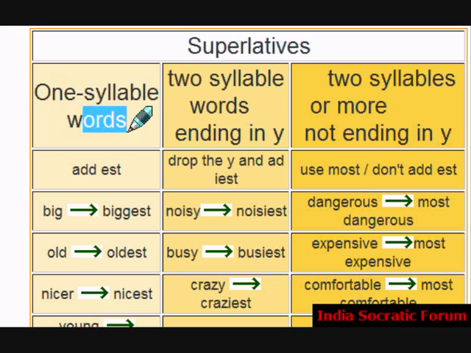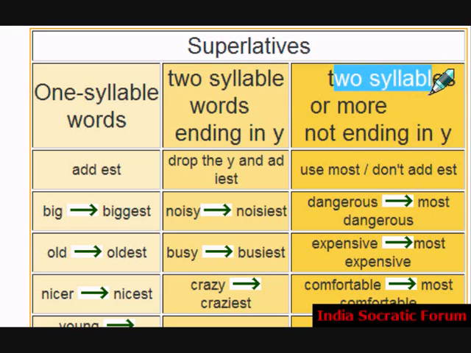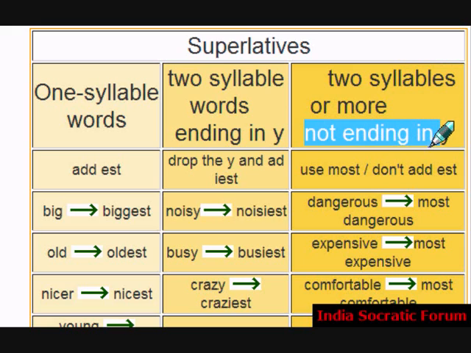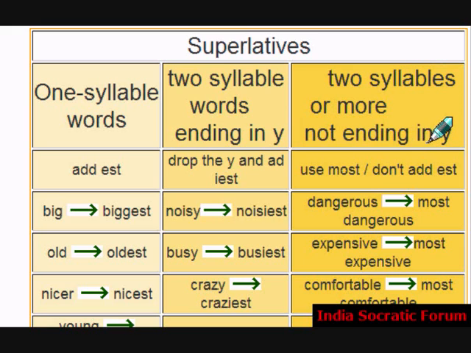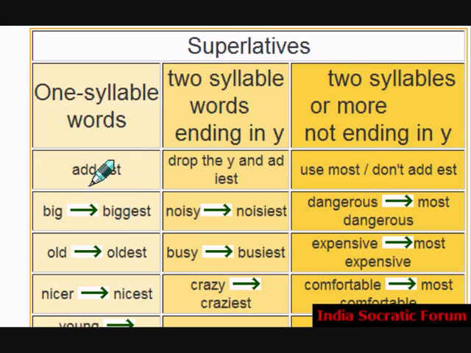One syllable words. Two syllable words ending in Y, and two or more syllables not ending in Y. Example, the type 1. Let's see some examples. In the case of one syllable words, all we do is add